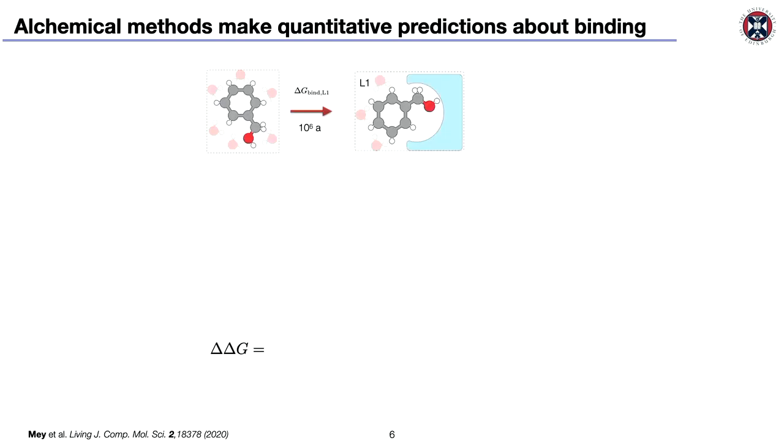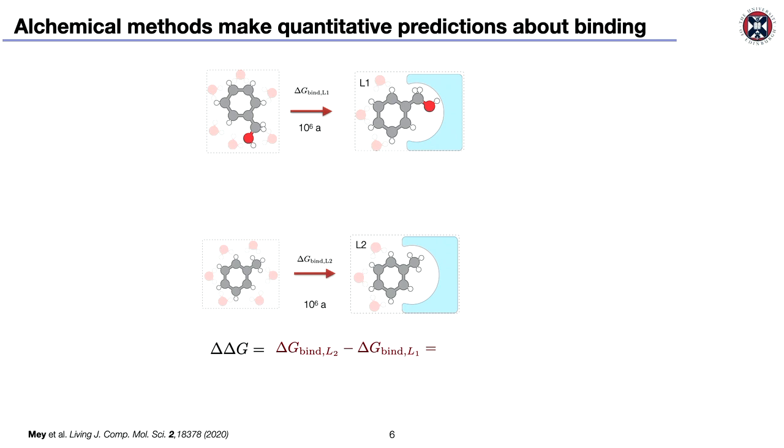So what is alchemy? I think Phil already did this very nicely, so I'll go through it quite quickly, and hopefully most of you are aware of it anyway. But so here the challenge is we have ligand 1 binding to a protein, and that binding and unbinding simulation is really hard, right? But often we're interested in ligands that are similar, so not like in the absolute calculations, but in relative calculations. We have a congeneric series, we have similar compounds. So we want to know what is the difference between ligand 1 binding to the protein and ligand 2 binding to the protein. And again, this is still hard, this difference, but